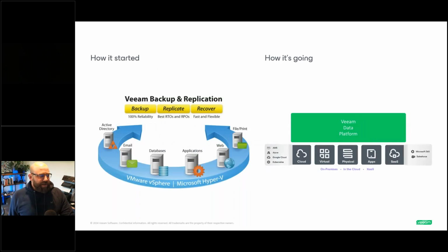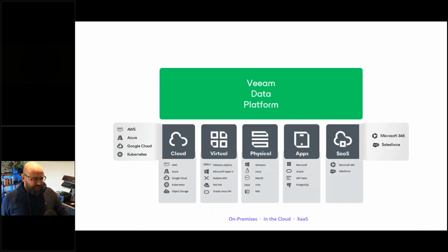So the data platform, as I mentioned, marketing do a very good job of using a lot of different icons here, right? AWS, great, tick. Azure, great, tick. Google, tick. Kubernetes, and imagine each one of those platforms is absolutely massive, right? AWS have an insane amount of different services that they run. What is the data on AWS? We pretty much fundamentally are looking at block, file, and object, but then that feeds up into many different services that they have.